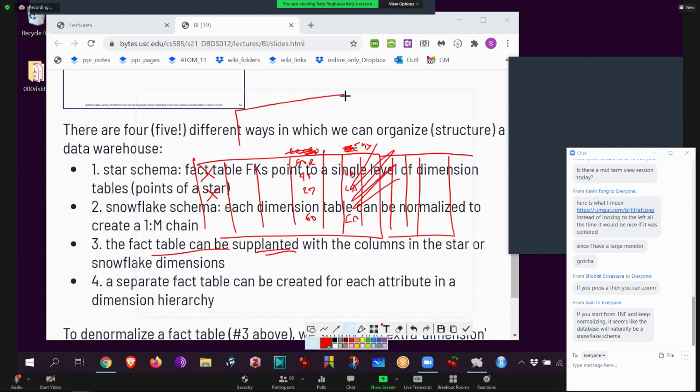So make a completely separate table just for one of those cities. So just for LA, take all the store IDs that are part of LA, right? And then put them instead of store ID, just even leave it out because you're making an LA version of all of this. So I'll have a separate fact table just for Los Angeles, a separate fact table just for San Diego, a separate one just for Santa Barbara. So therefore, I can make multiple versions of these. That's what this is. A separate for each attribute. Okay. So for each of those hierarchical attributes, I can make one, like already rolled up, so to speak.